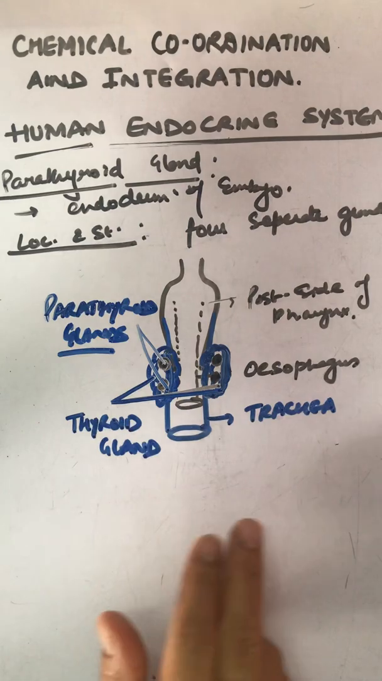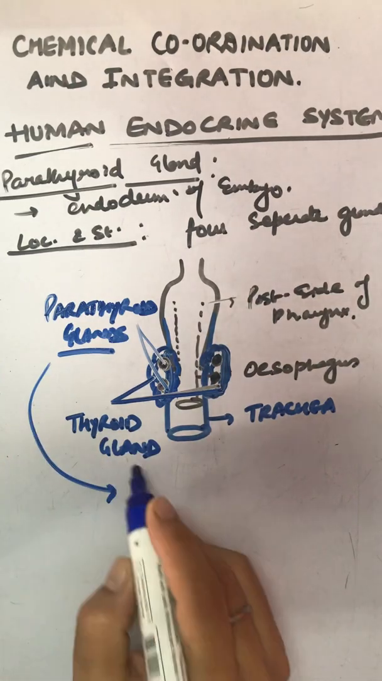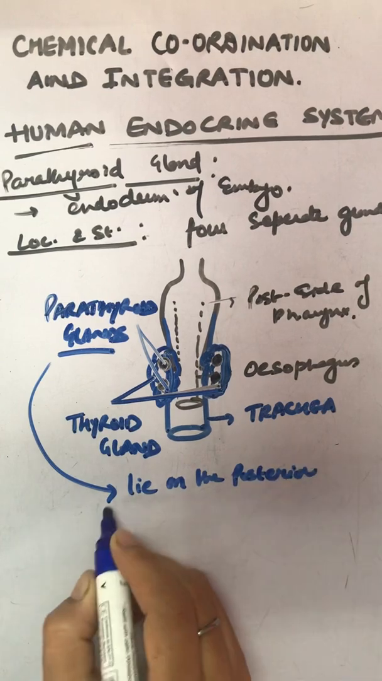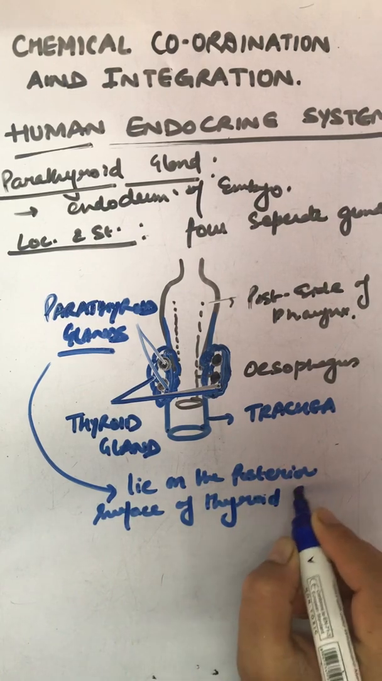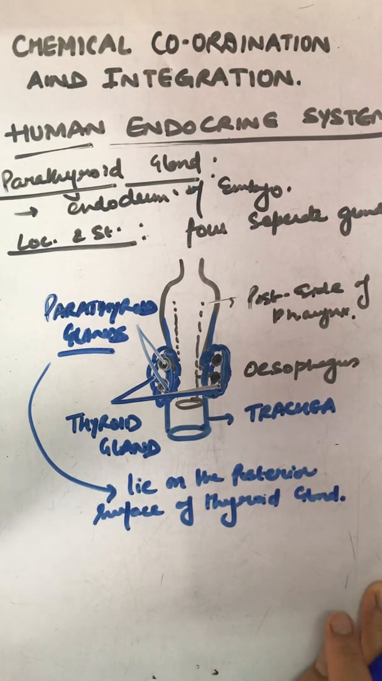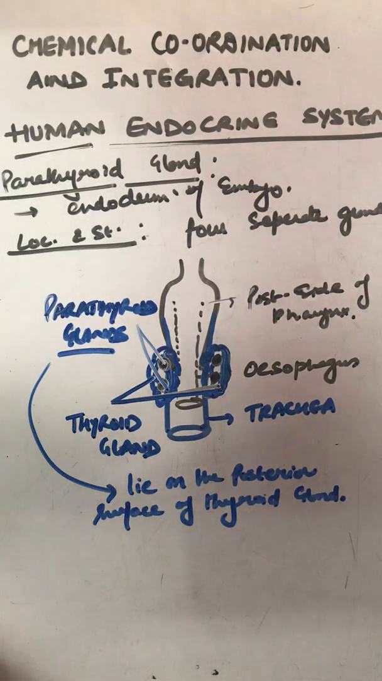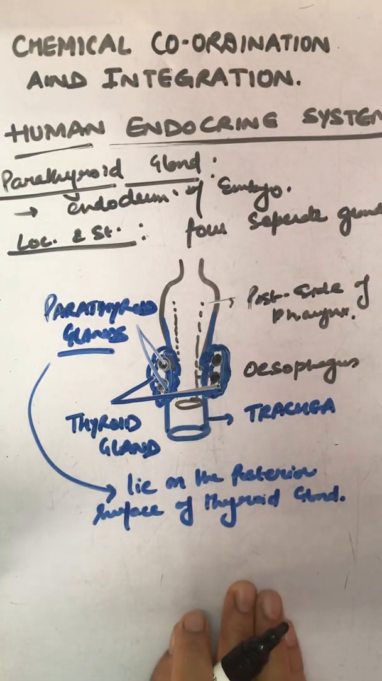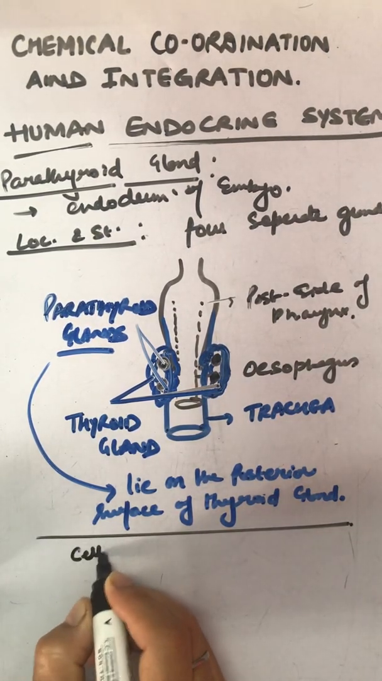Parathyroid glands. They lie on the posterior surface of the thyroid gland. Now, as we have done, there are 4 separate glands located on the posterior surface, and the cells of the parathyroid are arranged in a compact mass. They are of 2 types, chief cells and principal cells. Clear? Or we say that cells or the lobes